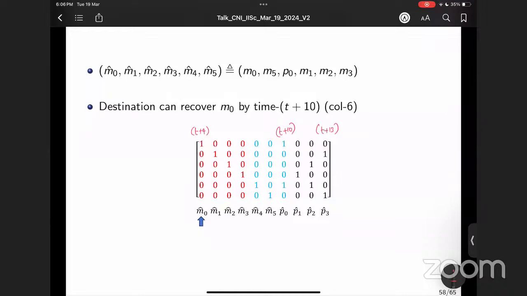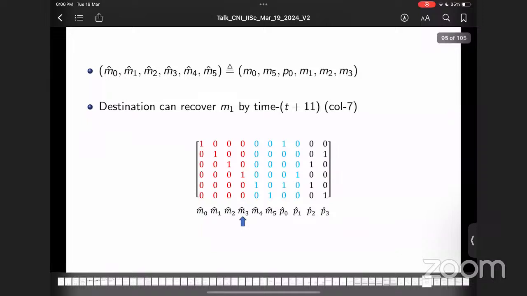What I need to ensure is that the 0th column is lying in the span of those blue columns, and that's clearly the case. In fact, this is a property of the HT code, because the P0 I didn't even change from the HT code. So this column is lying in the span of these 3 columns. That's working. It's not surprising because I didn't change the HT code; the first parity bit was just the same.